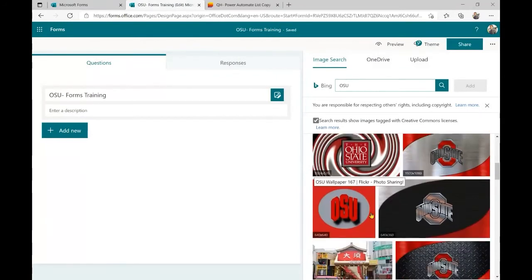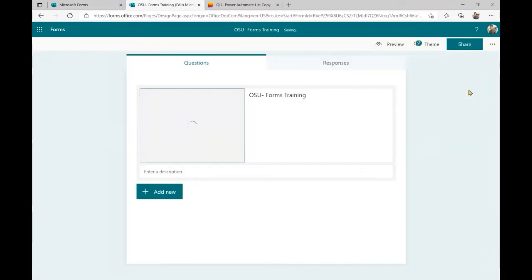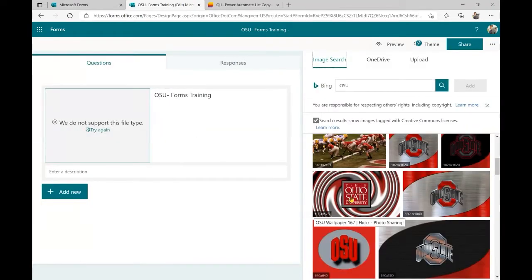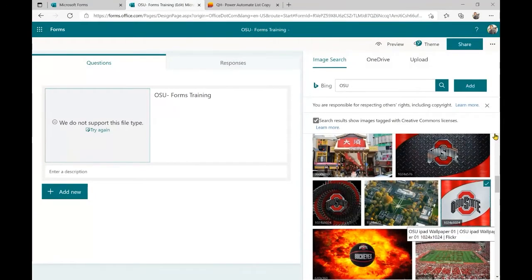I mean, this one's kind of interesting, but we'll just go with that just because it looks kind of fun. And it will add an image to this. Let's see. Doesn't like that file type. So we'll just go with this one, see if that works.